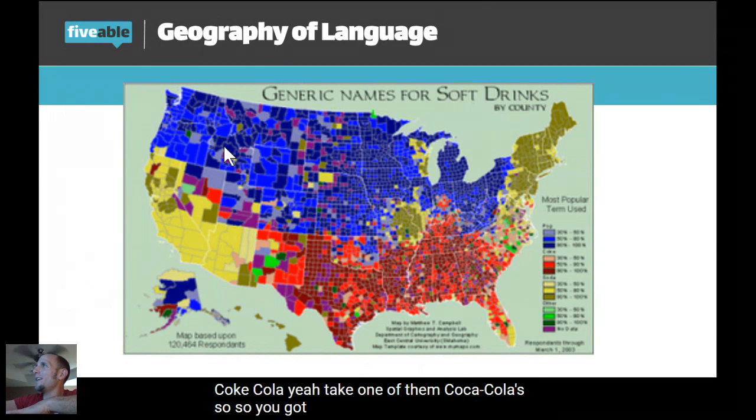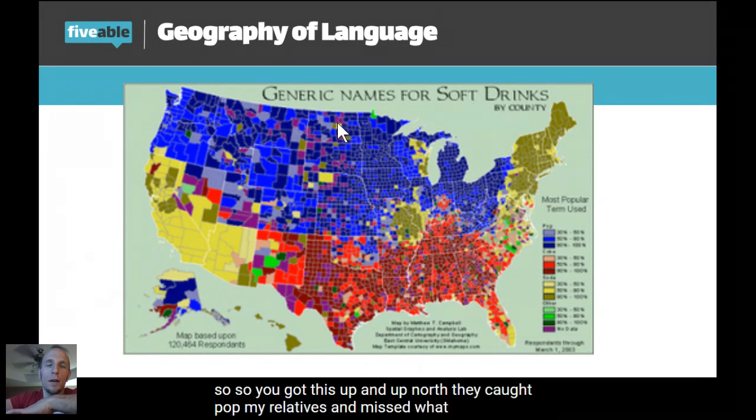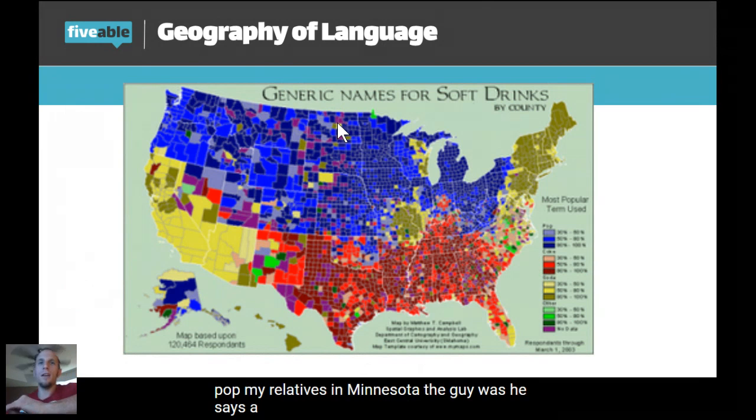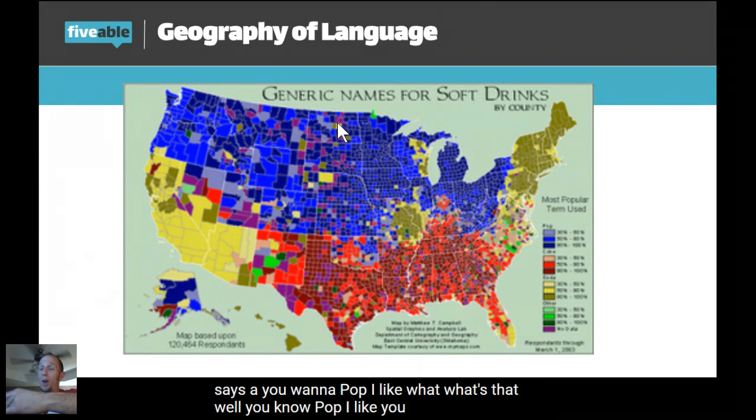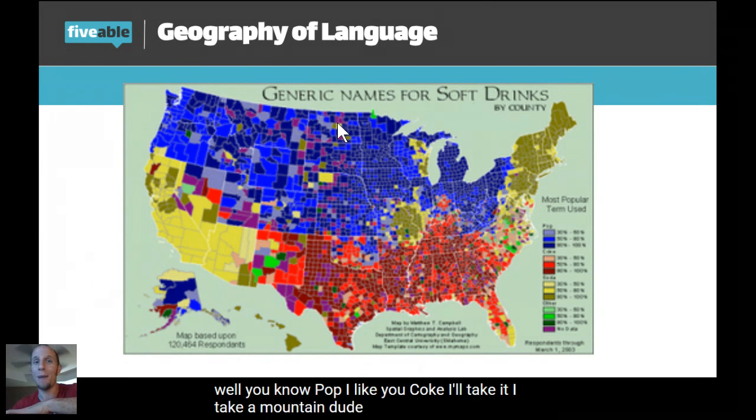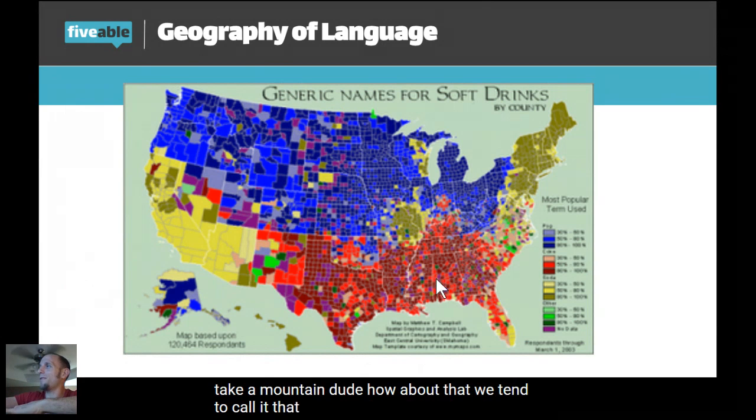So you got the South. And up north, they call it pop. My relatives in Minnesota, the guy says, hey, you want a pop? I'm like, what? What's that? Well, you know, pop. I'm like, Coke? I'll take a Mountain Dew. How about that? We tend to call it by whatever it is, or just say Coke for, you know,